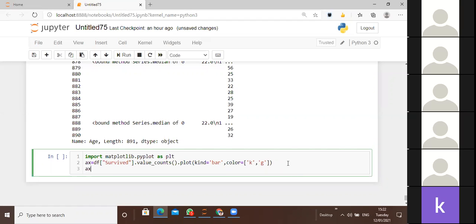AX, which is nothing but the variable, right? The details extracted from here, AX dot set. I want to write it from bottom to up fashion, vertical direction. So I'm going to use this method. See, there are n number of methods over here. One can find it on the net. Out of which I'm using this one, X tick label,